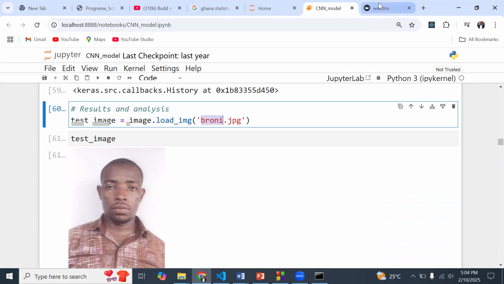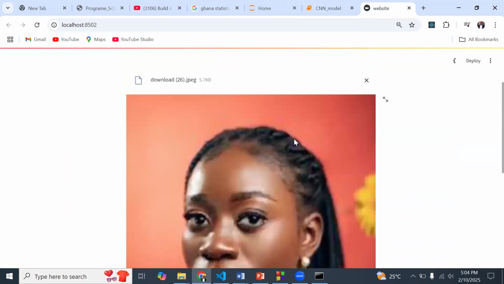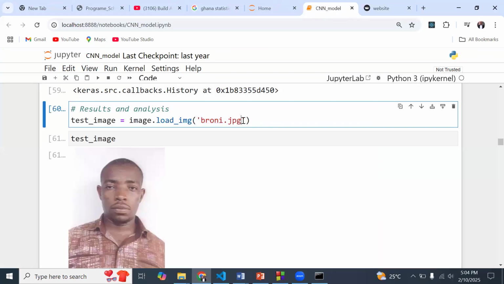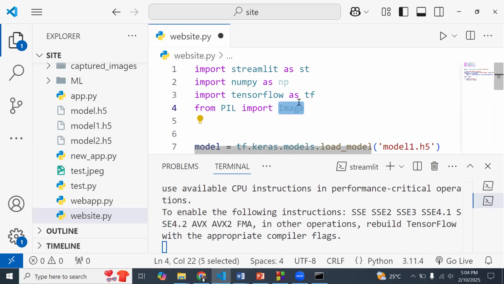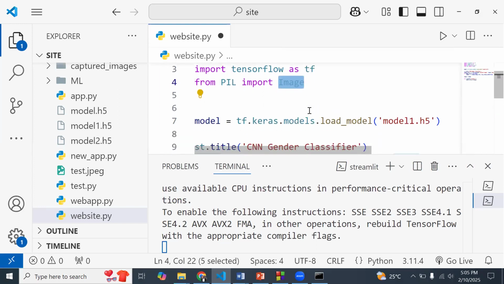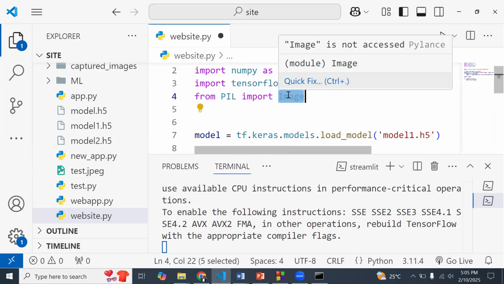However, in the building of this model, we are sending the actual image and not just the image name. So some things need to be done so that we get this to pass through, and that's what we struggled with a little bit last time. That's the reason why I have this image imported over here, because this is what is going to help us do what we need to do.